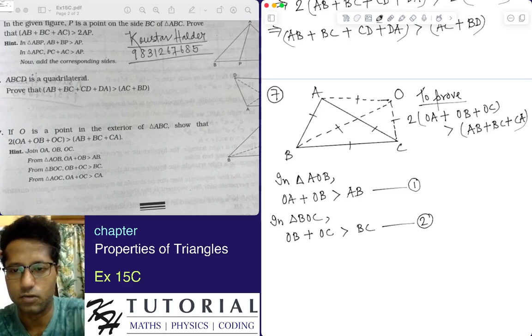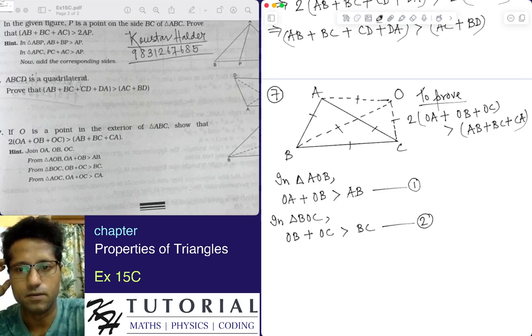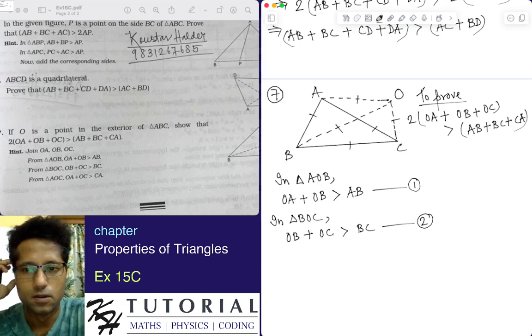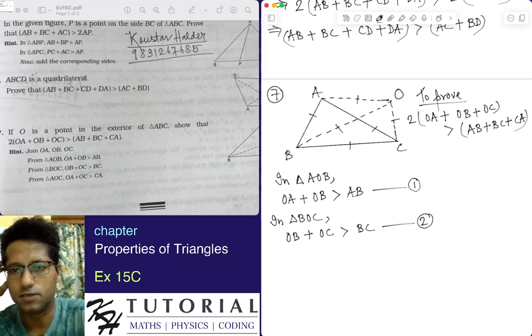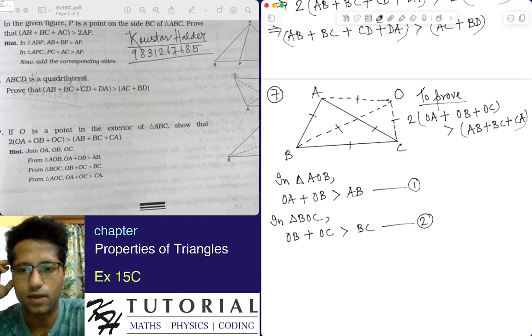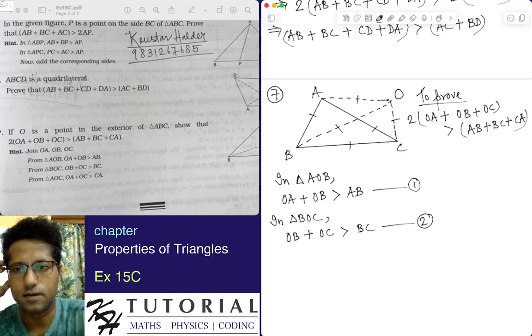That is why in the triangle AOB, we are considering AO plus OB greater than AB. We could have considered AB plus OB is greater than AO, but that would not help. Considering what it is asking to prove, we have to consider those triangles and the sides to apply the